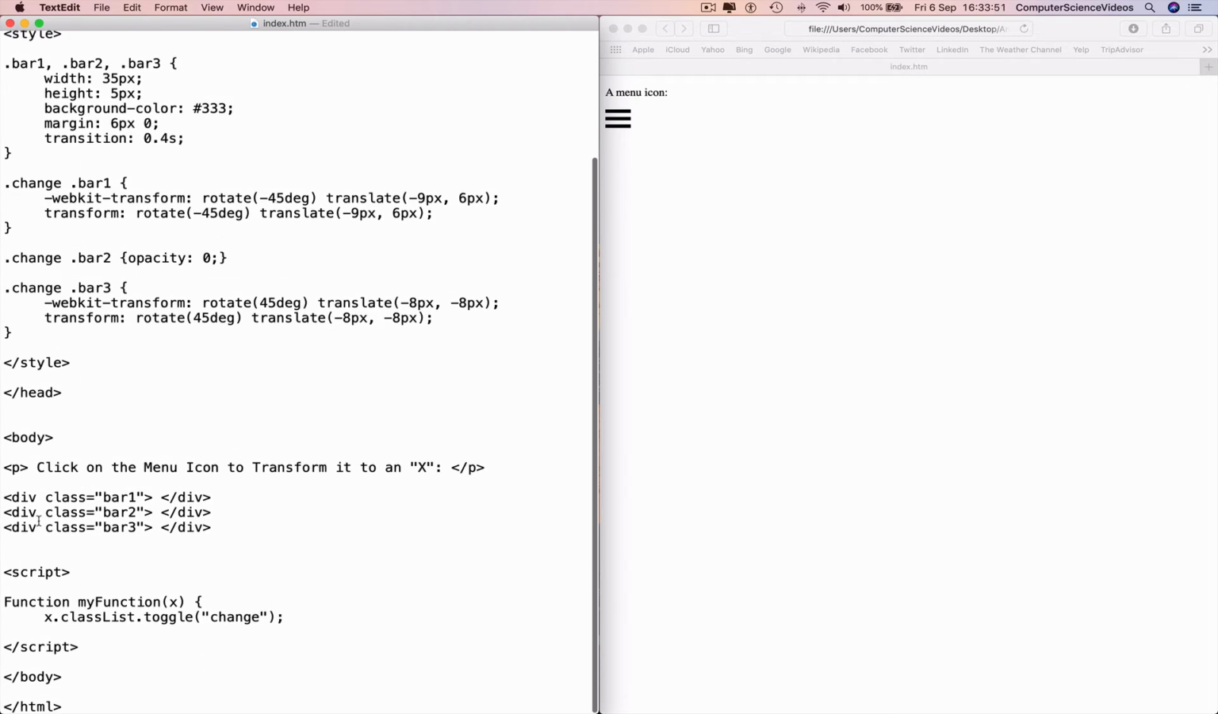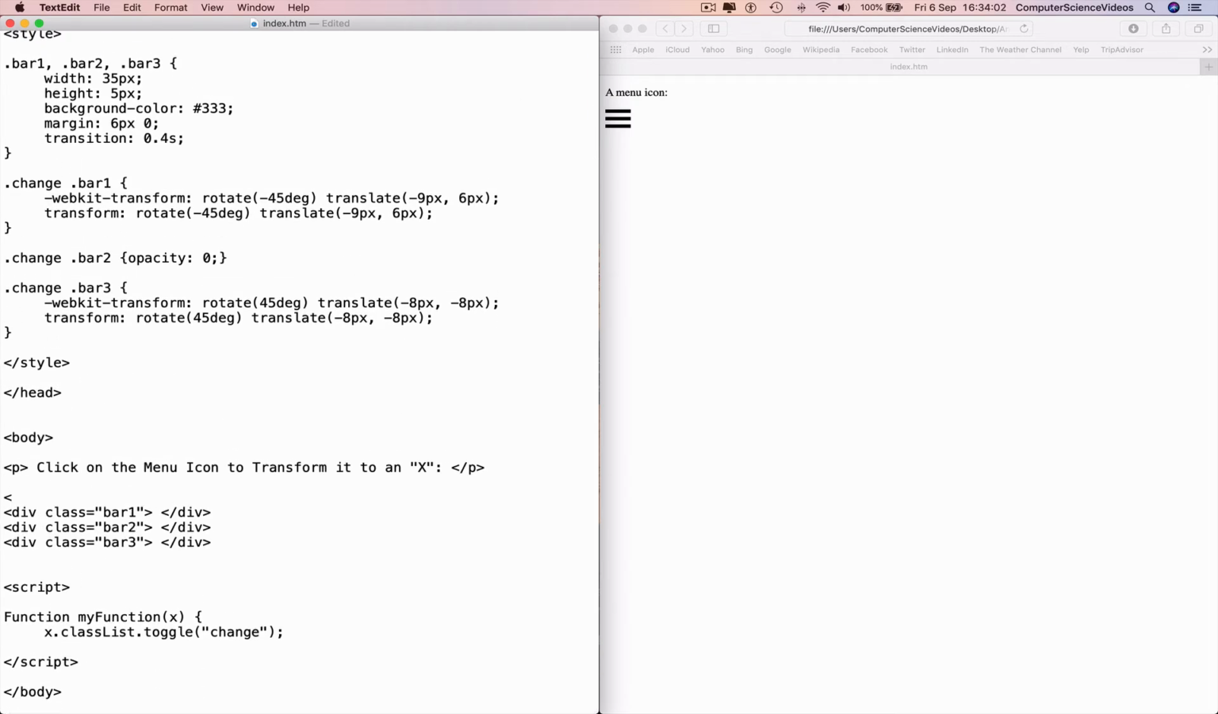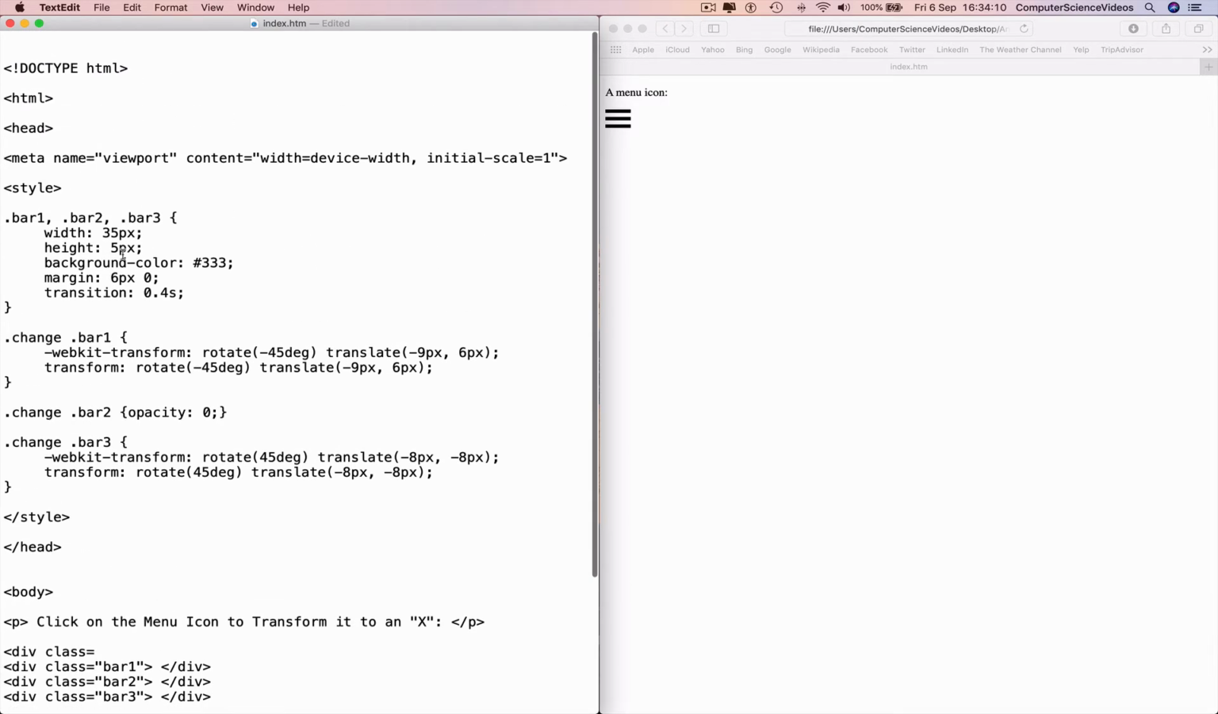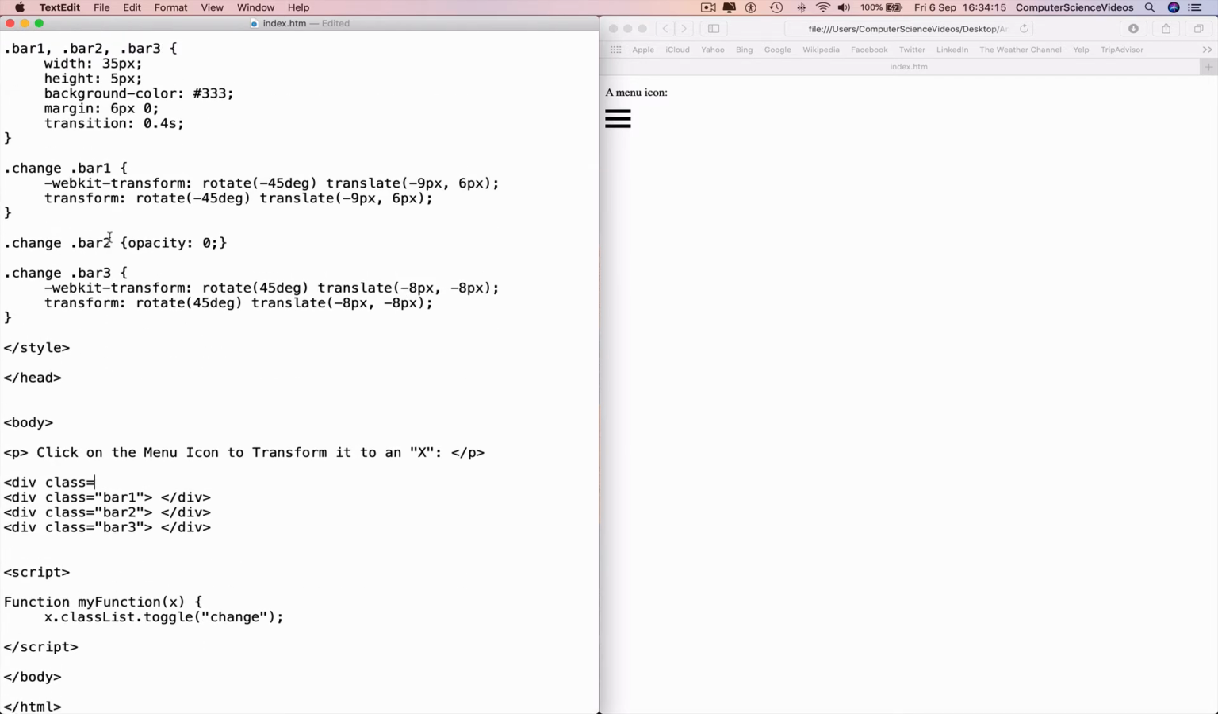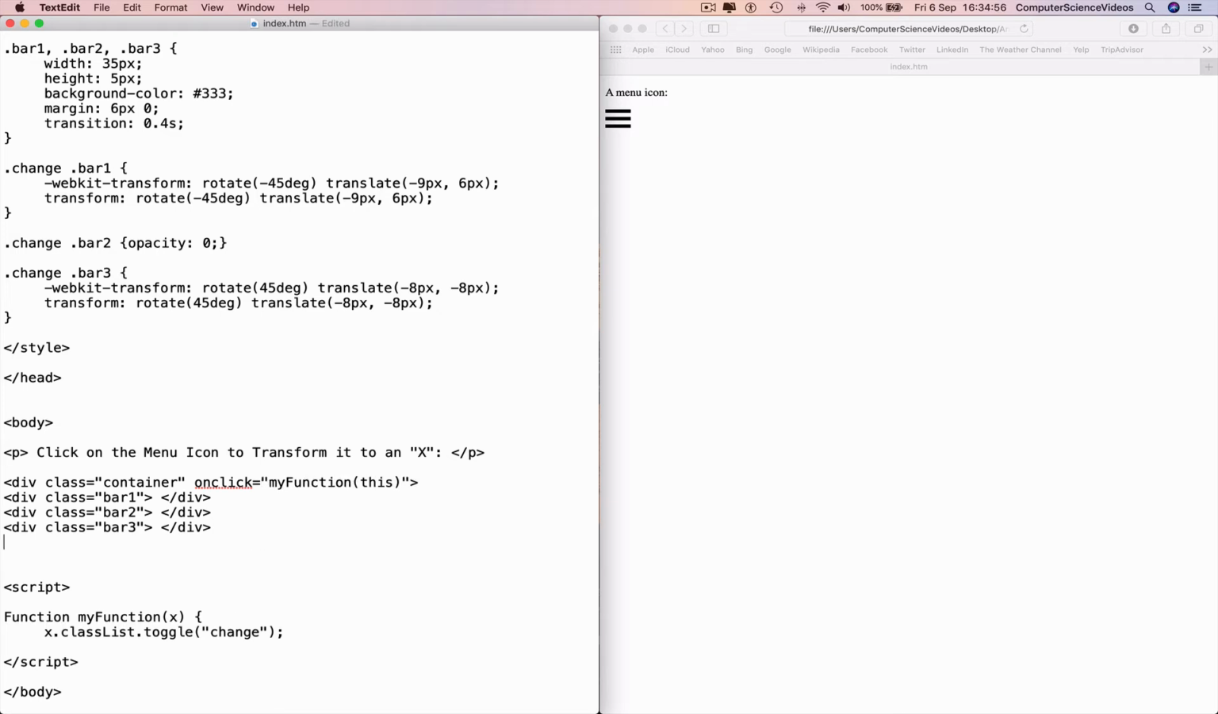Go to the HTML, insert another div tag, <div class="container". We do not have a container in the CSS code. We will require that after the div class has been inserted. Speech marks container onclick equals myFunction(this), command S to save, speech marks greater than, and then after the div tags, end that with another